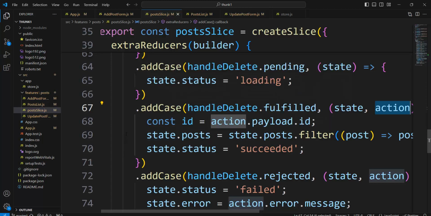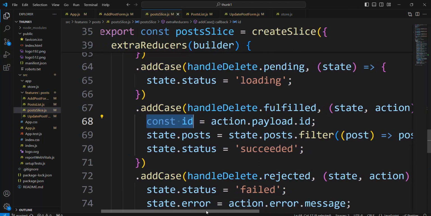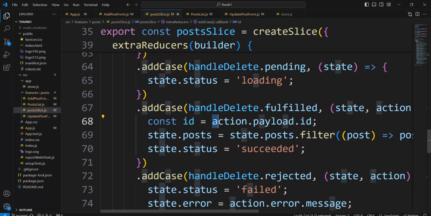At first, we declare a constant, variable ID, equal action.payload.id. Okay. Very interesting, this construction now. Payload ID, because